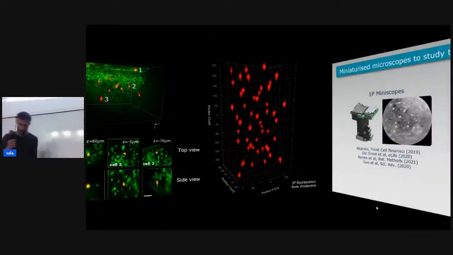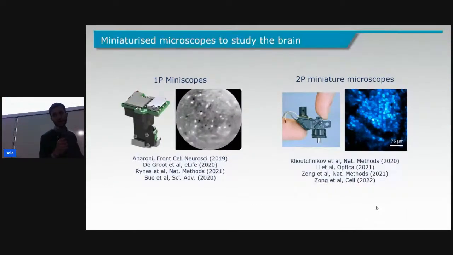And now, in the last application we developed, we basically asked ourselves the question if we can do this in a miniaturized way. So basically, if we can make a microscope very compact in such a way that it fits the tip of an optical fiber, and this can be important, for example, if we want to study animals, for example, mice that are free to move,